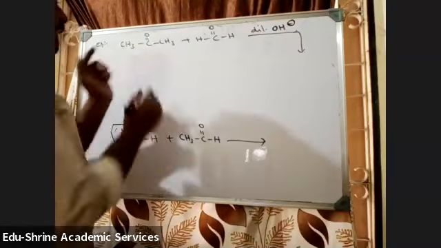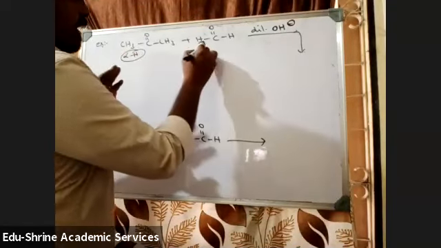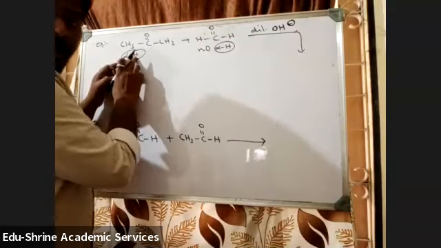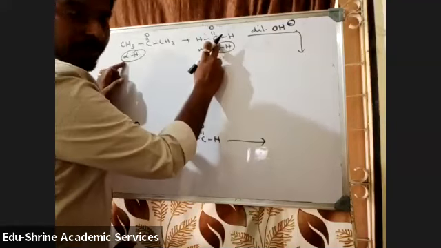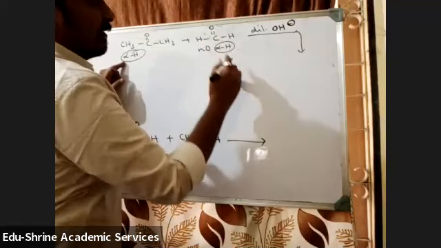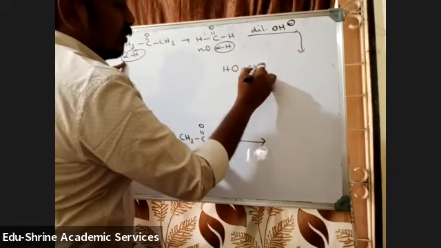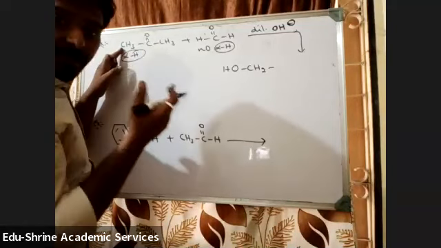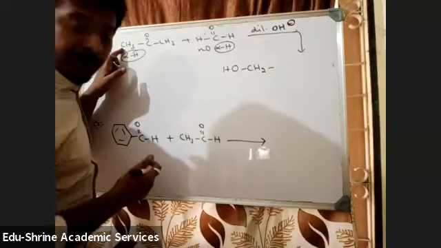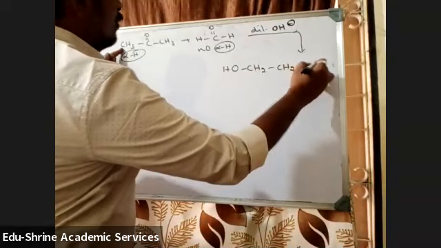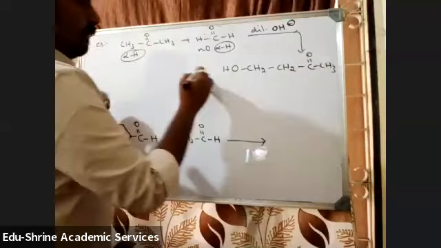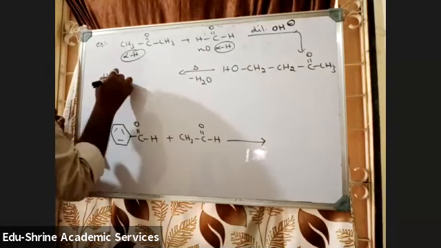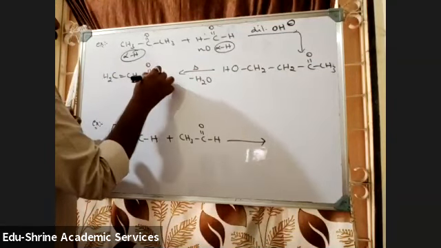See, definitely this is containing alpha hydrogens. Here there are no alpha hydrogens. Then definitely this must give a carbanion. Here it must get converted to OH. So this is a carbon containing 2 hydrogens and 1 OH, so OH, CH2. Let us assume this carbon atom, symmetrical ketone, so any of these two can be giving a carbanion. If I take this carbon atom giving a carbanion, I'll get CH2, C double bond O, CH. That's it. So if you heat this, water molecule will be lost and you'll get CH2 double bond CH, C double bond O, CH.